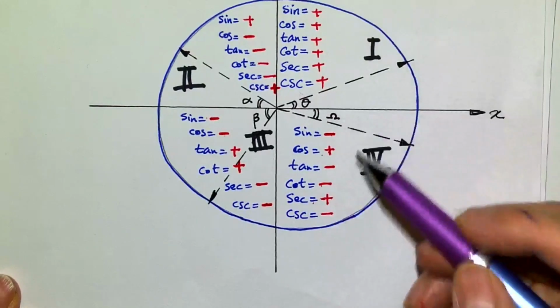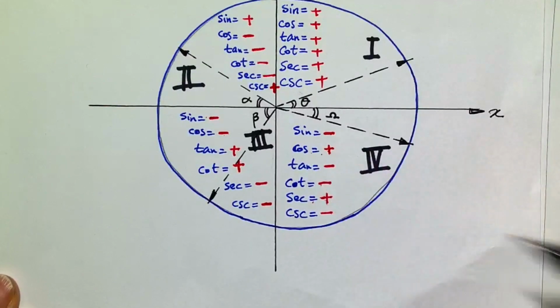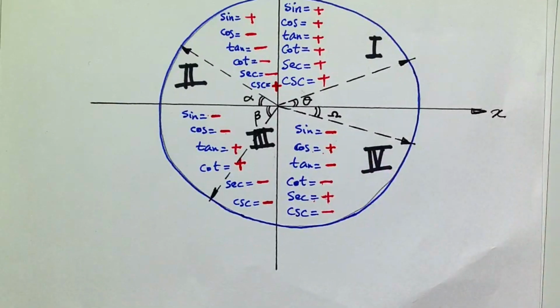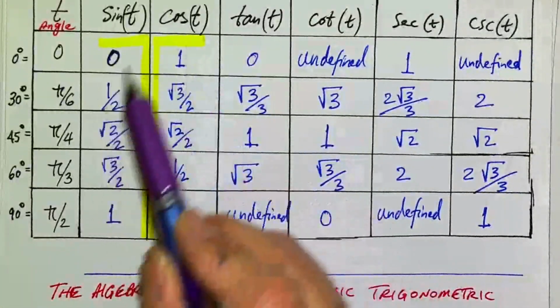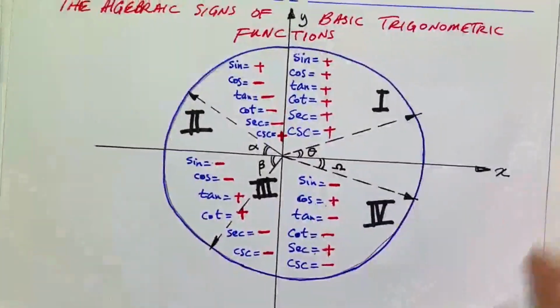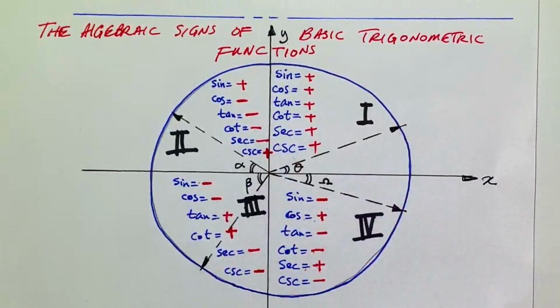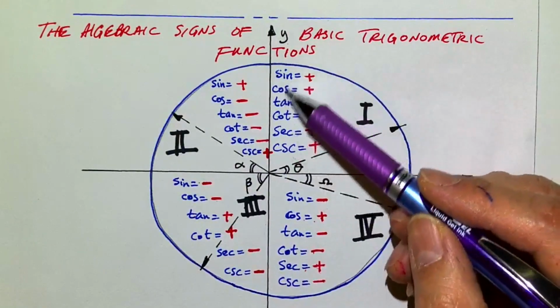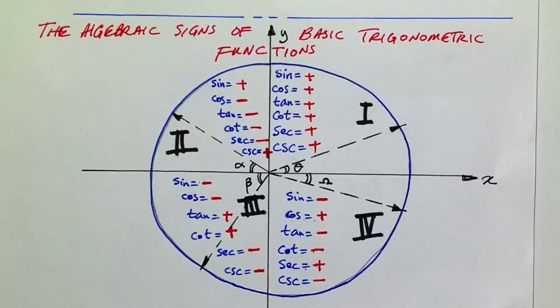So in the fourth quadrant, the only positive ones are cosine and secant, which are reciprocals of each other, by the way. Okay? So in addition to this table that I asked you to at least memorize, these two first columns for sine and cosine, you also need to remember the algebraic sign of trigonometric functions in each quadrant. Of course, as I said, you only need to remember what sine and cosine represent, and then you can calculate the algebraic sign for all the other trigonometric functions based on those two, sine and cosine.